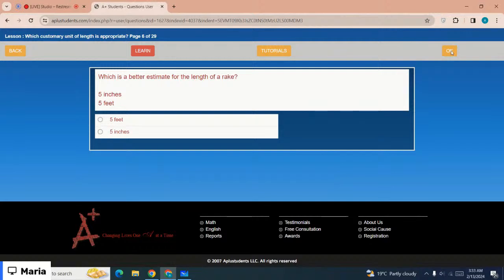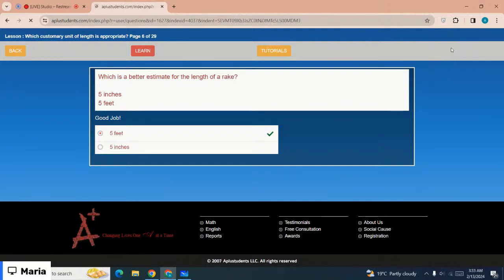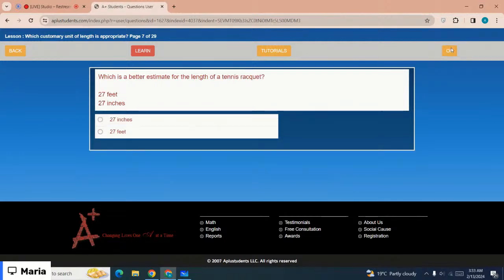Which is a better estimate for the length of a rake? 5 feet it is, right? Okay, you can complete the lesson by yourself later today. Let me just move on to the next lesson, and the next lesson is